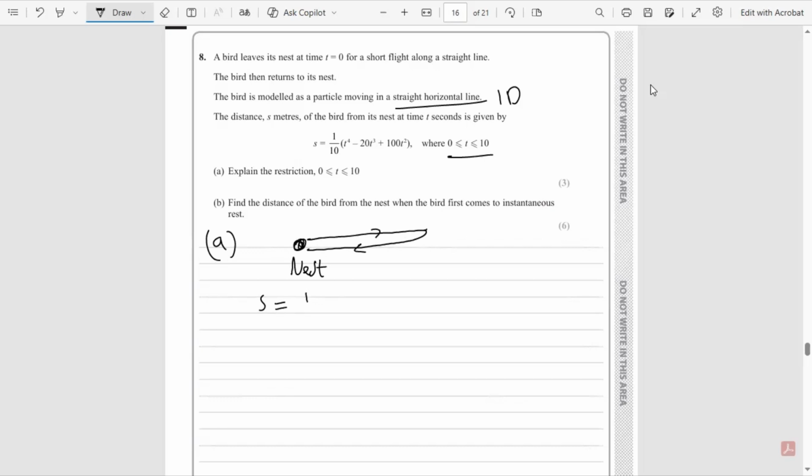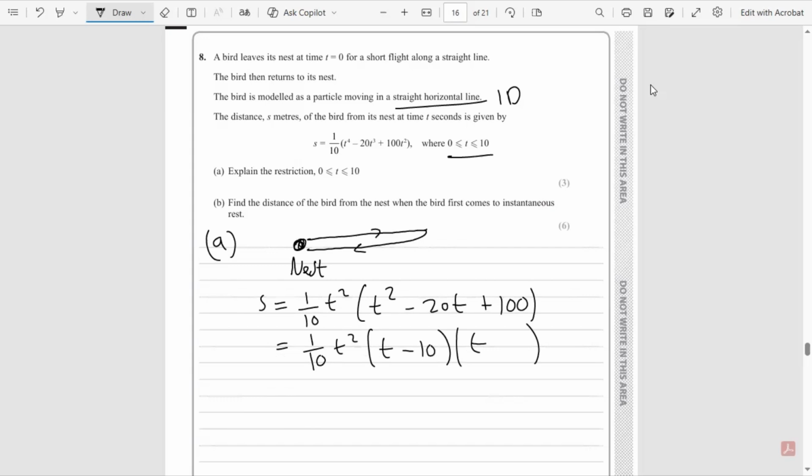So hopefully you can notice we can factorize out a t squared like so, and that leaves us with t squared minus 20t and then plus 100. Now, with that quadratic factor, hopefully we should be able to factorize that, and I think we can if we put two pairs of brackets there, a t there and a t there. We're looking for factors of 100 that add up to make minus 20, so minus 10 and minus 10 again. So in other words, we can say that this is 1 over 10 t squared and then t minus 10